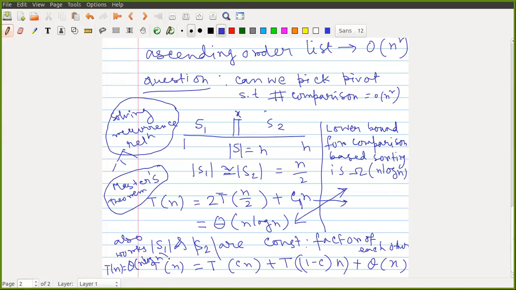so this gives us a very good bound. The whole question now becomes, can we somehow find a pivot that roughly equally divides the original list into two sublists of almost equal size? The whole idea of quicksort boils down to this: how can we find a pivot that almost equally breaks the original list into two parts, right? This is the goal. Everything boils down to this fact, right?